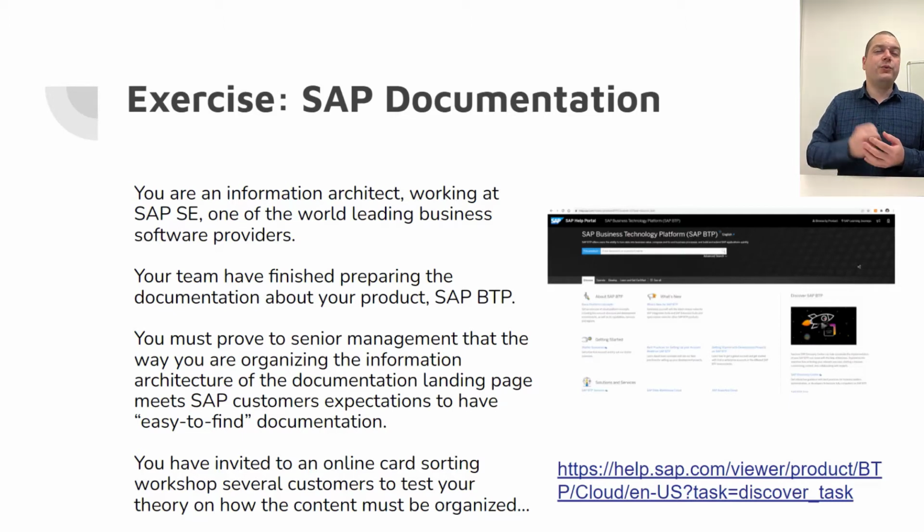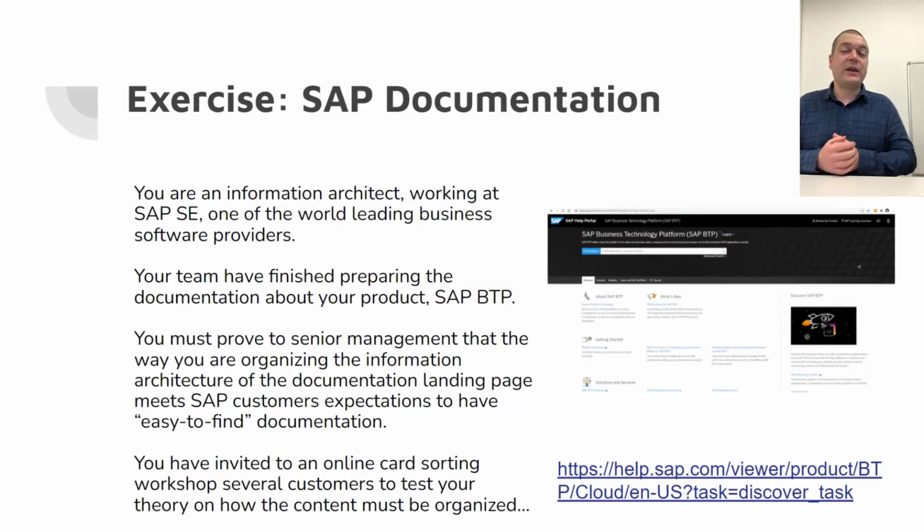Your task is to prove to your management that the way you propose the information architecture should be organized for the entire documentation deliverable set is easy to navigate to, easy to find from the SAP customer's point of view. So you kind of have to prove to them that you did not invent out of the air how the documentation should look like,